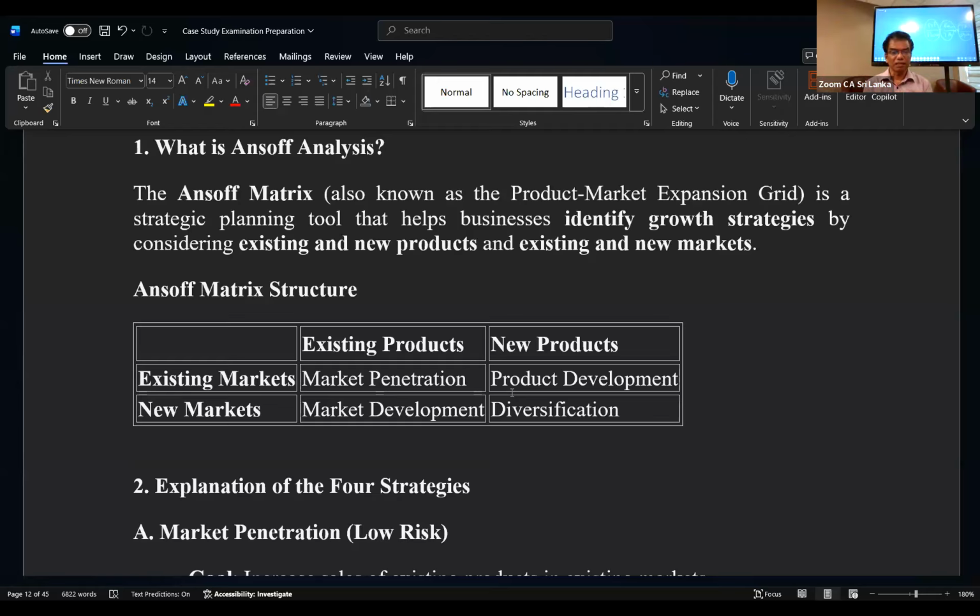You have to tell it like that. You can't just tell market penetration to be applied. So how are you going to do it? That strategy has to be given. The examiner then thinks, all right, I had to do market penetration. Yes, we have to do market penetration. The examiner is also scratching the head and looking at your paper. No, you have to tell what type of penetration is to be given.